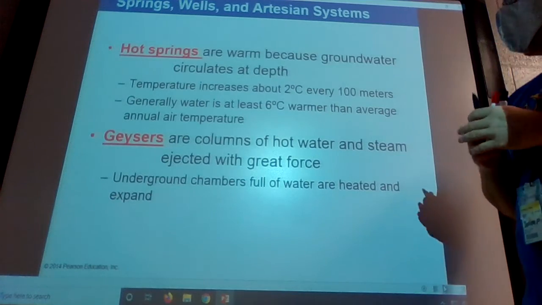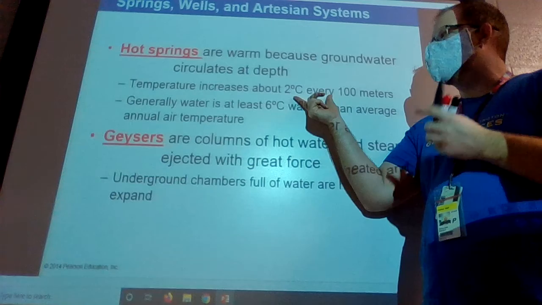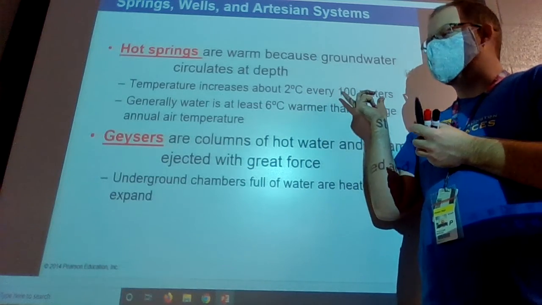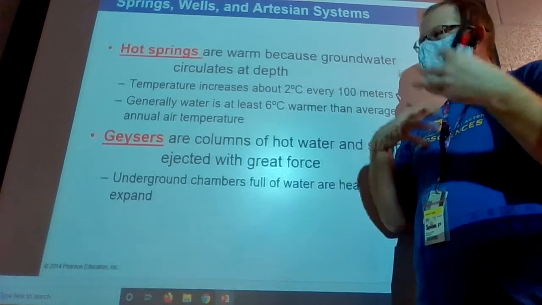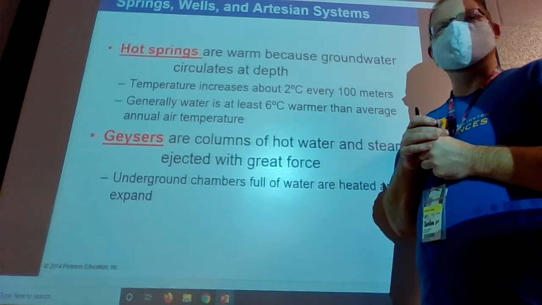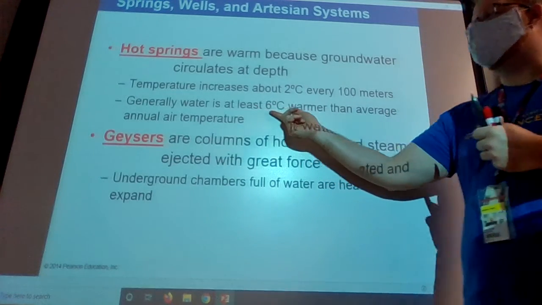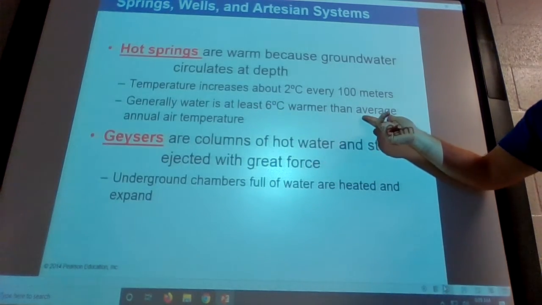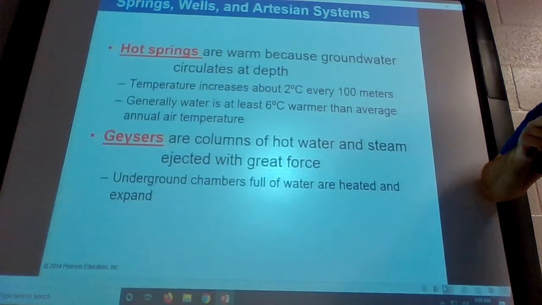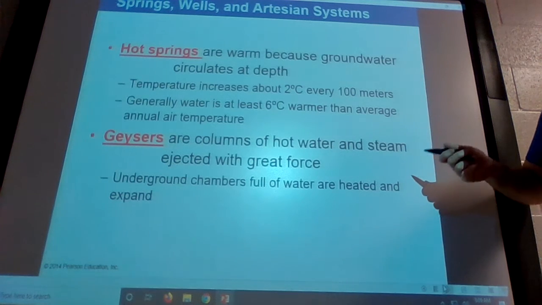Hot springs have a nice temperature to them. The temperature increases about 2 degrees Celsius every 100 meters below the ground. So you're getting that natural heat coming off of the Earth's interior. And then they say generally water is at least 6 degrees warmer than the average annual air temperature. So if it's like 90 degrees, you could have like 96 degree water. And geysers,